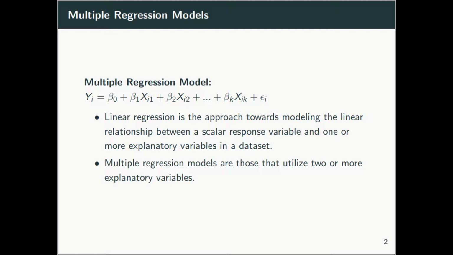So far, we have used Julia to program a basic linear model with one explanatory variable. Multiple regression models utilize two or more explanatory variables to compute a scalar response. This equation shows us the basic makeup of multiple regression models, where k denotes the number of beta coefficients in our model, and i represents the number of rows in our data frame. In this video, we will use just two different explanatory variables in our multiple regression model. But note, you can use as many as you would like